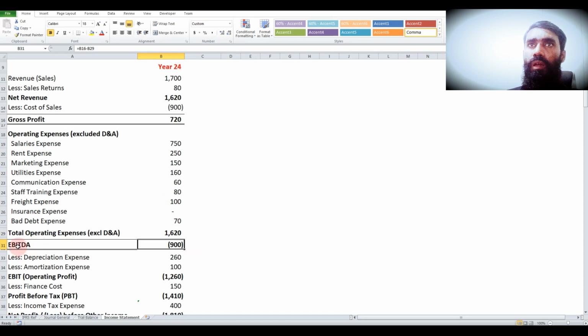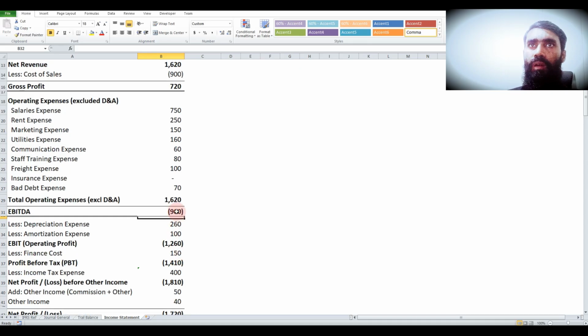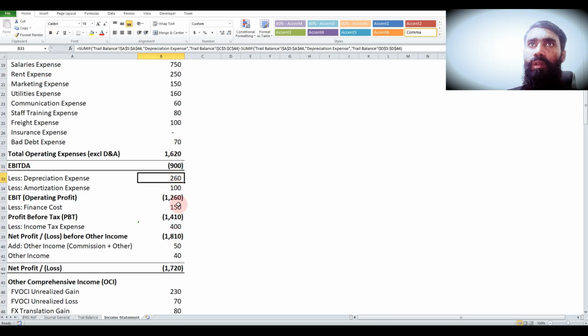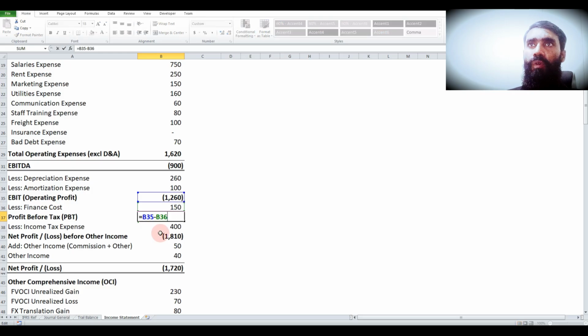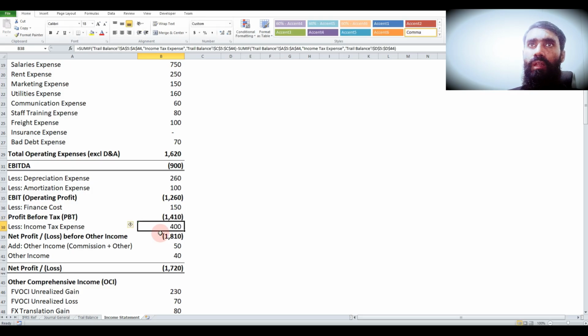Now the earnings before interest, tax, depreciation and amortization before I reach this. Now the depreciation expense this, amortization expense this, earnings before interest and tax, operating profit I have this, finance cost this, profit before tax this, income tax expense this, net profit I have this, other income